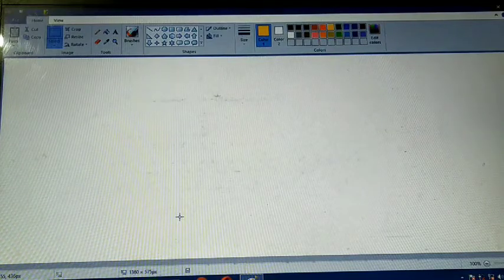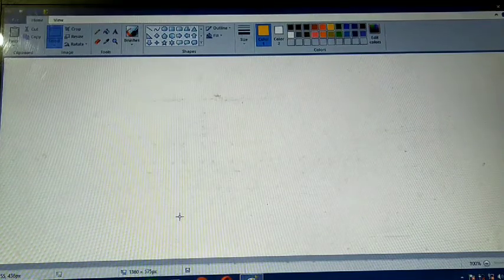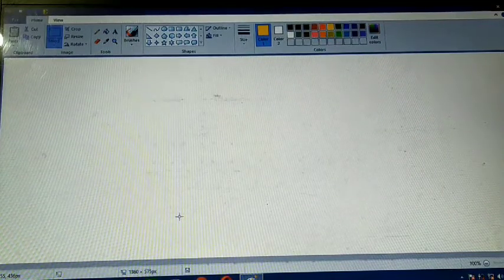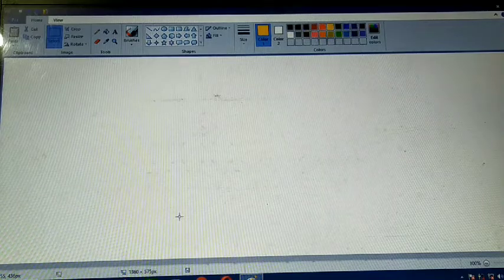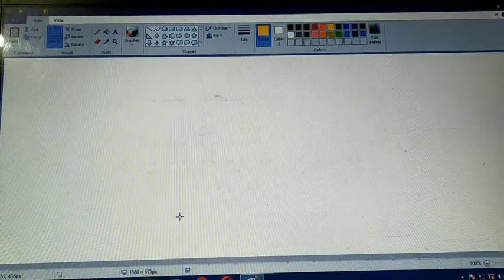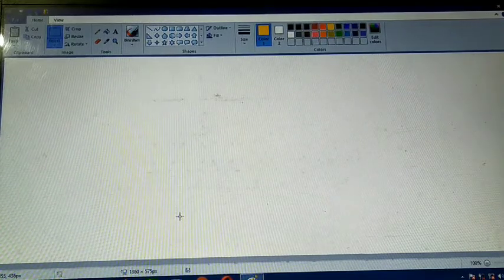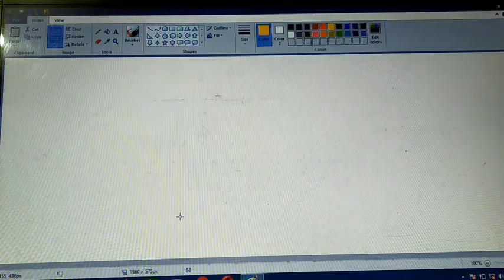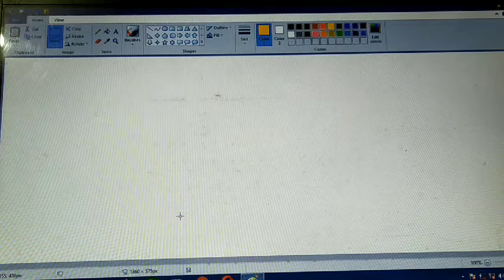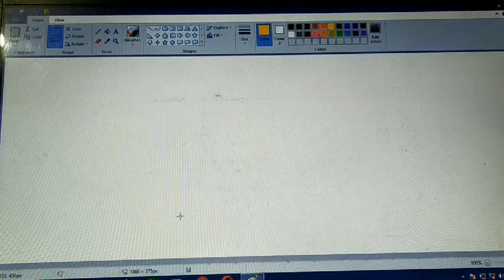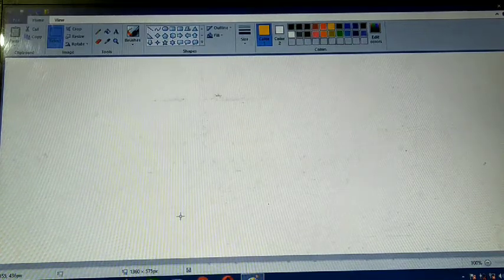Okay students, so we are going to proceed with the practical part also. As I stated in the theory part, now I will proceed with the practical part. First thing is how to select an object in MS Paint. There are two ways of selecting an object. One is the rectangular selection tool and the other is the free form selection tool.